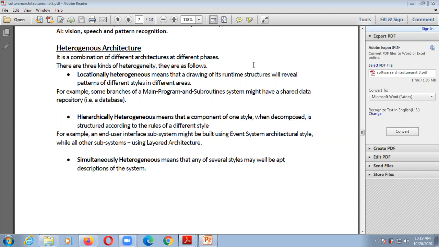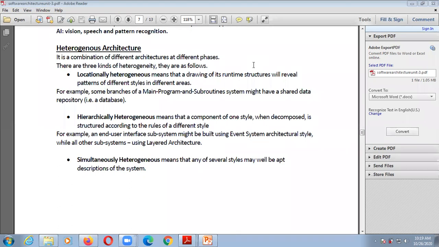Here you can see that a component of any one style, when it is decomposed, we have to restructure that component according to new rules or with different styles. That is hierarchically heterogeneous.